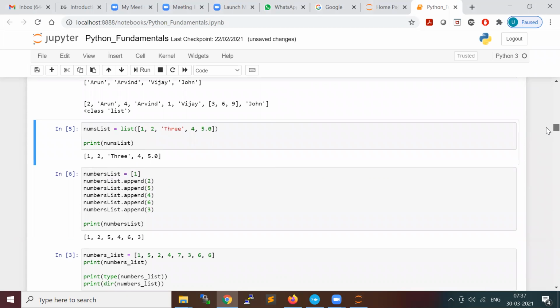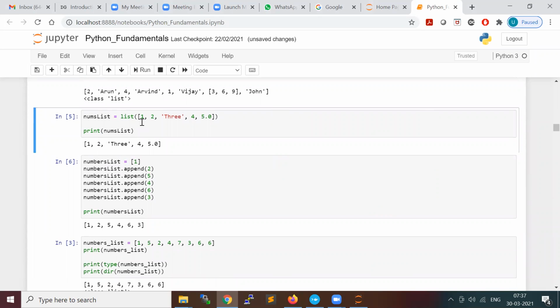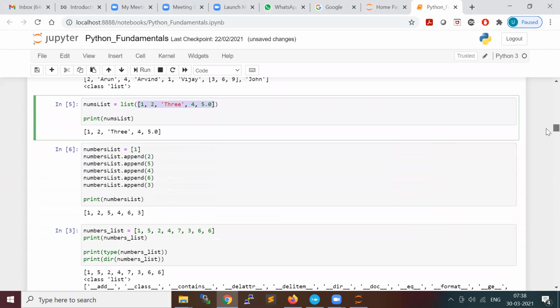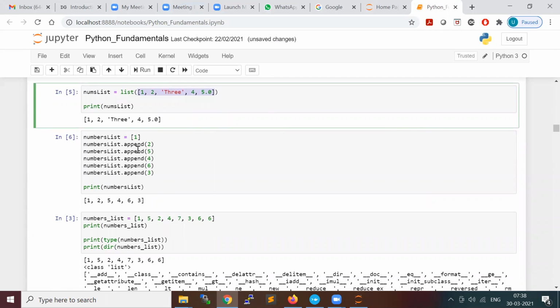And if you want to create using the keyword list, you can use list and pass the list which you are going to create. And if you want to create a list, at the start you may not have all the elements ready. For example, first you want to create